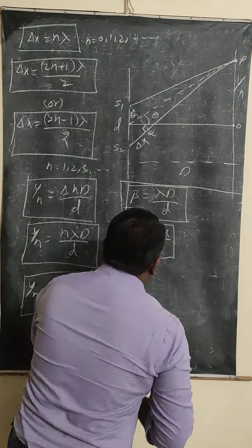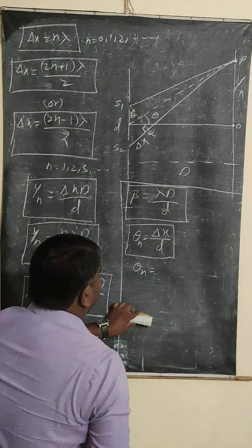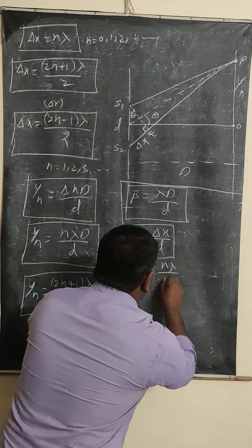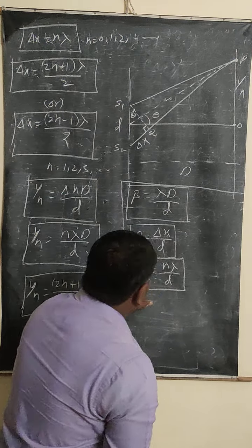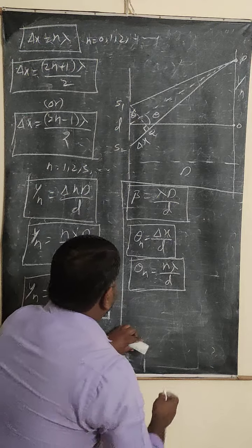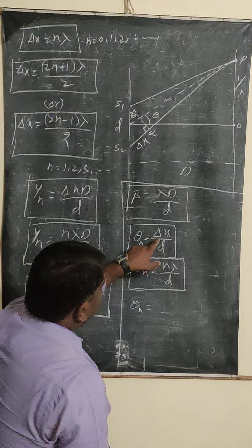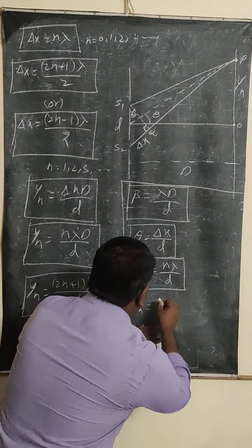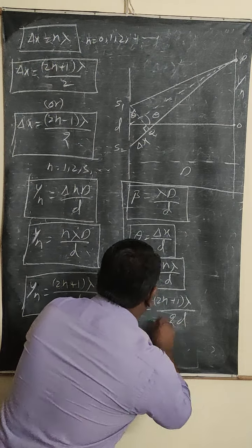First I am going to write down the angular width of the nth bright band. Theta n is equal to, bright band means the path difference should be n lambda, so it is n lambda by small d. This is the angular width of the nth bright band. Now the condition for the angular width of the nth dark band: theta n is equal to, in place of delta x, you use the path difference condition, so it becomes (2n plus 1) into lambda by 2 into d.